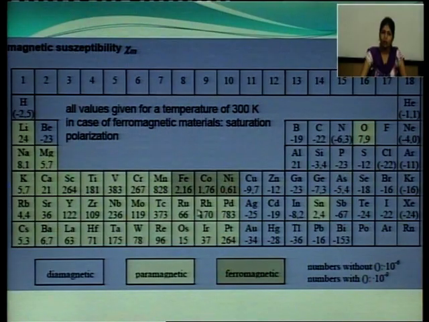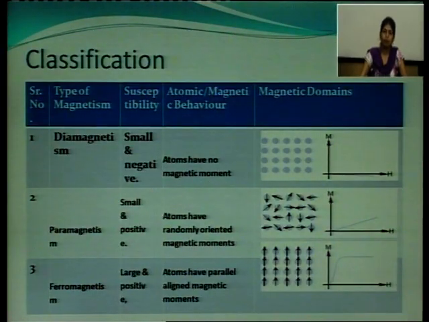You can see that for the ferromagnetic material we have only 3 materials: iron, cobalt and nickel. These are the materials which have magnetic properties. So, classification: